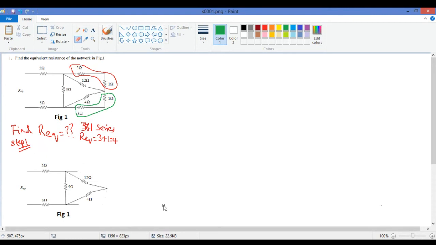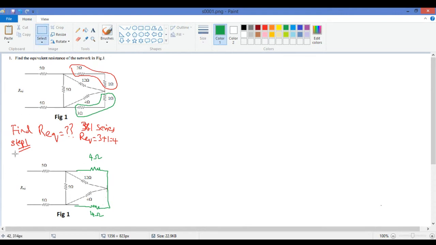So I will replace them with 4. Okay, this is 4 ohms, and this is also 4 ohms. Okay, all of you, is it clear how you got 4 ohms? Yeah. Now what you have to do is,